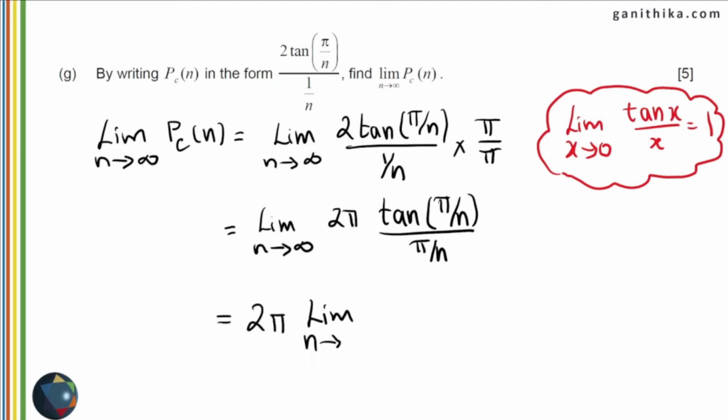So you are getting 2 pi can be taken out of the limit, and the limit as n tending to infinity of tan pi over n over pi over n, that limit is going to be 1. Therefore the answer for this limit is also going to be 2 pi. Notice that the limit of the inscribed polygon was also equal to 2 pi, and the limit of the circumscribed polygon is also equal to 2 pi, in which case in both the cases, whether it is coming from inside or coming from outside, the limiting condition is going to be a circle of radius 1 unit. Even though the question is not asking you to interpret it geometrically this time, you can make a small note in your mind that this is also equal to 2 pi, which is also equal to the circumference of a unit circle.